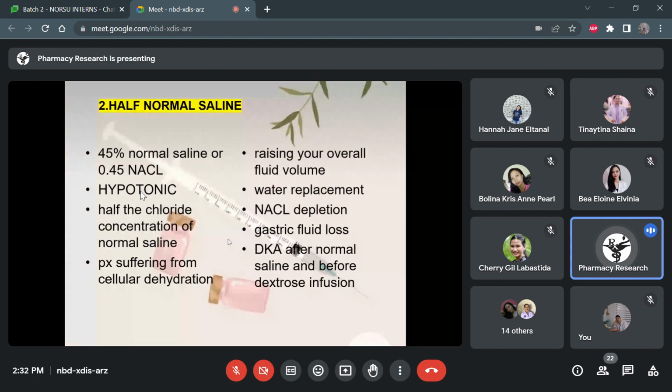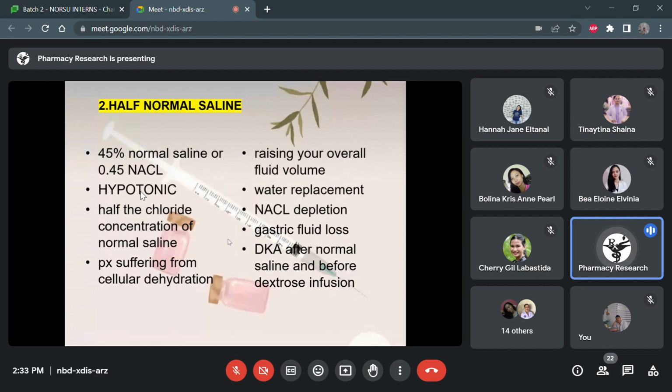It can raise your overall fluid volume, water replacement, and sodium chloride depletion, gastric fluid loss, and used after normal saline and before dextrose infusion. So most common gamit niya is patient suffering cellular dehydration. Kung dehydrated ang patient, ang ginahatag katong violet. So most common lagmit siya ma-dispense sa ER o sa pedya kay mao man ang ginagamit sa